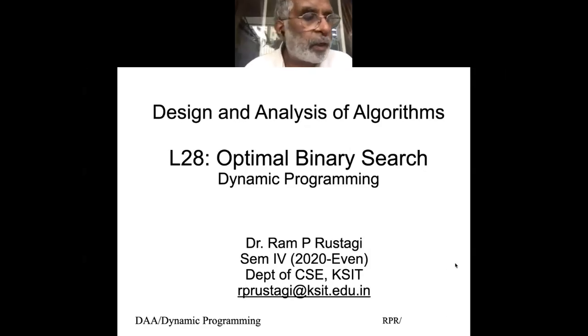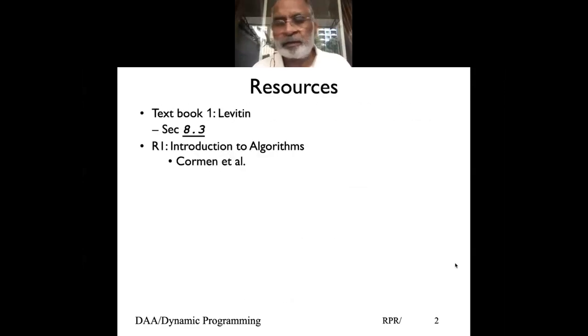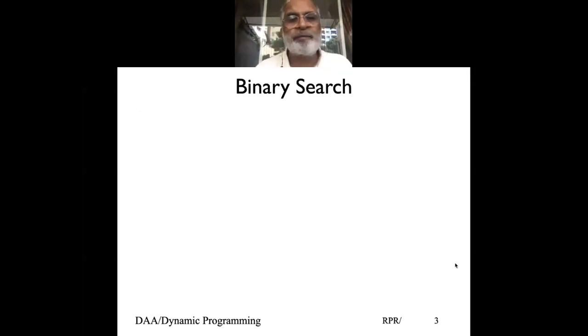So let's start today. We'll take a new topic, which we say optimal binary search. Primarily, anything we do, any operations, we look at search. And anything which somebody has to organize, look at things, you always do searching, and it is a general problem. I'll take a few examples, and then we look at how we can build our tree, which is a binary tree, which can give us optimal search result.